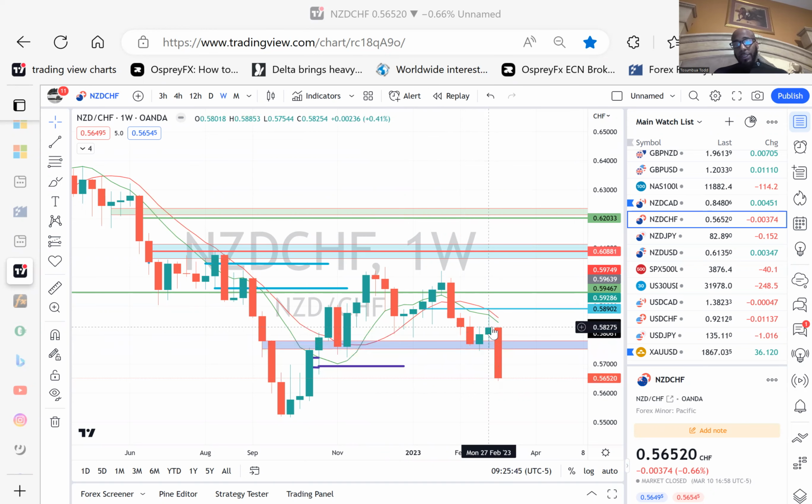So if you understand market structure on any level, anytime you have a break, you want to see a retest, and then you want to see price continue to push to the bottom side, or the retest will fail and it'll continue pushing up, okay? So the concept that I like to trade is, after I see this break, I want to trade the retest.